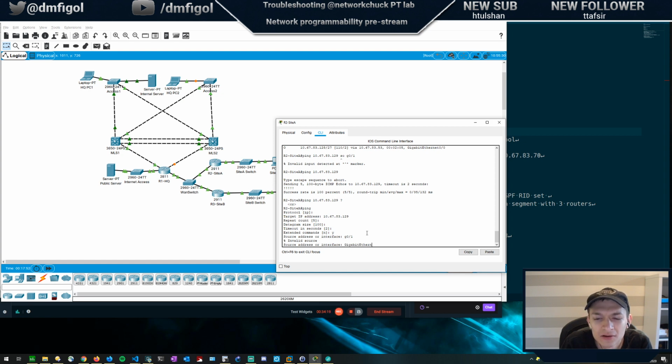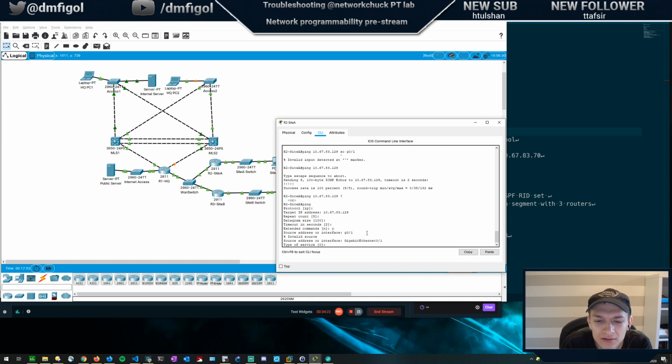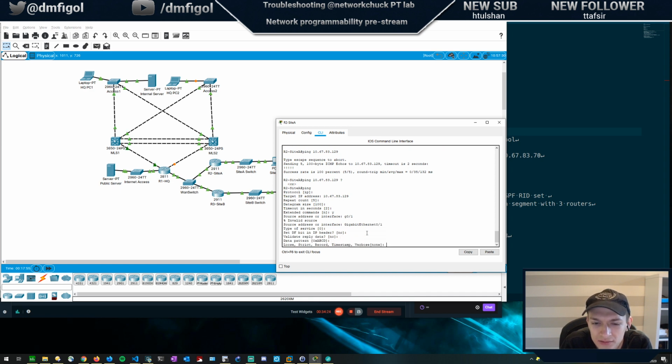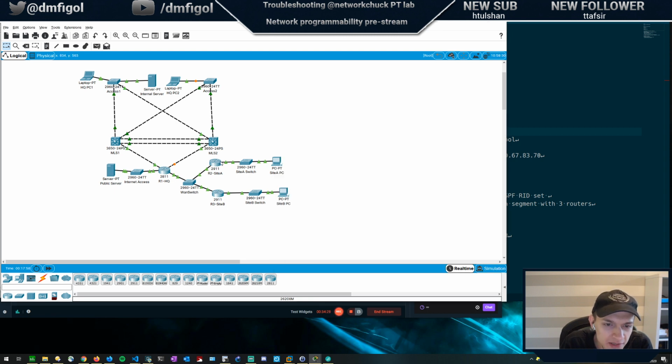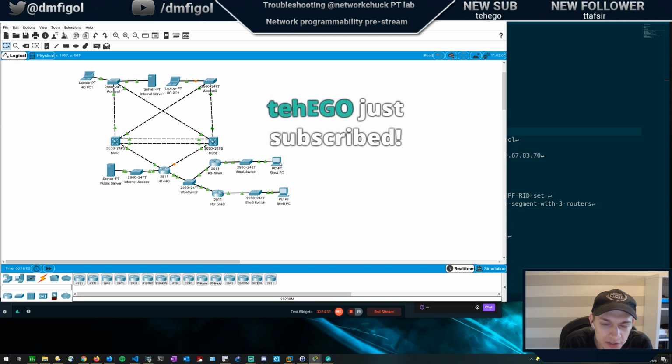Okay, so now I verified that I have connectivity from this interface here to this interface here. So unless there is something else going on,